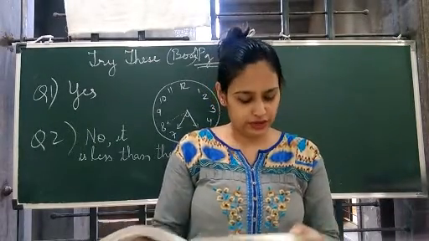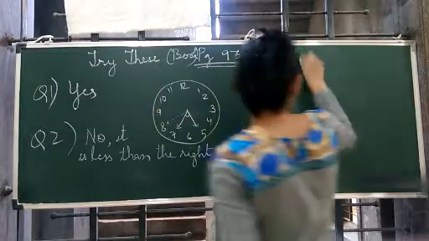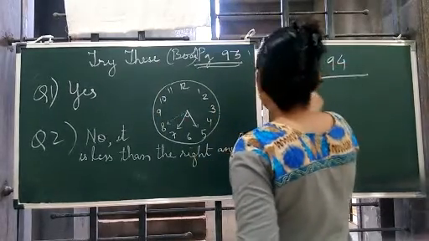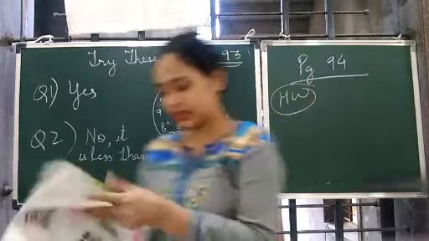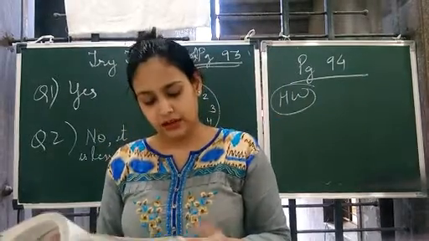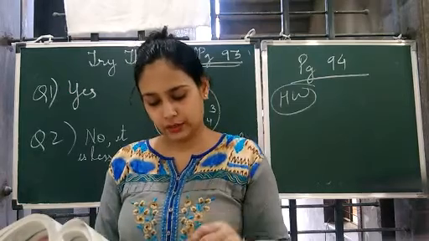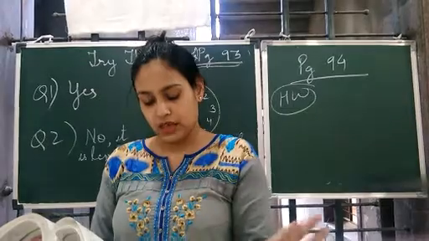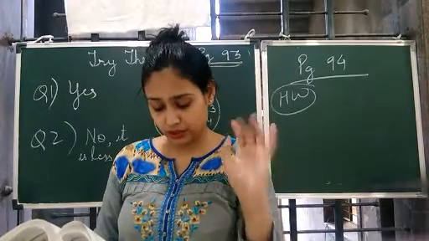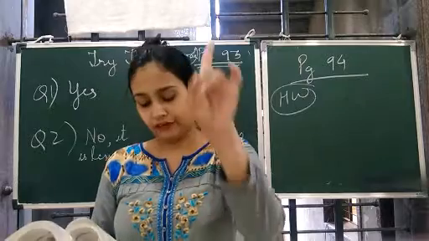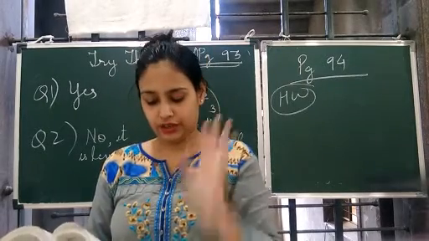Then there is another, try these in page 94. Page 94, which is your homework. You know why? Because it is asking situations. Like for example, list 10 situations. Then question number 2 again, list 10 situations. 3 also list 10 situations. Fourth one is find 5 situations. Fifth one is again list 5 other situations. So beta, if you want, you can do one for each question.